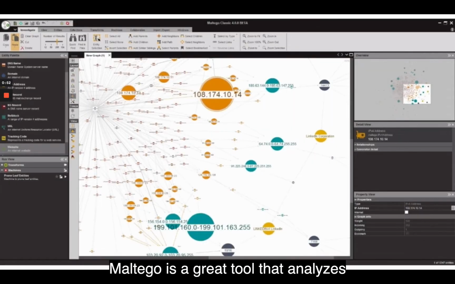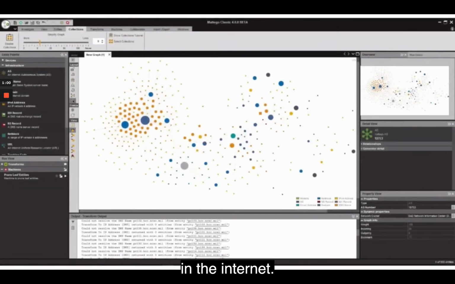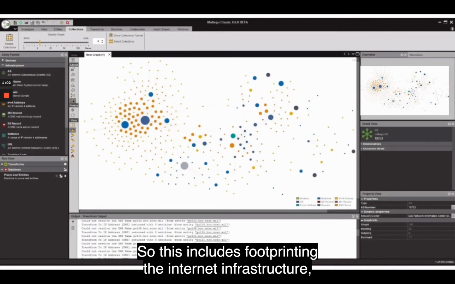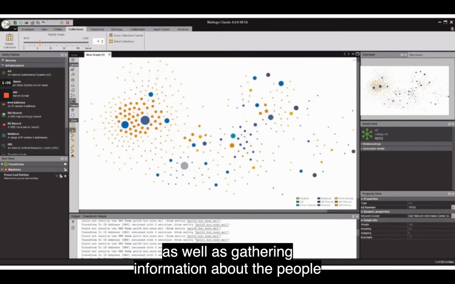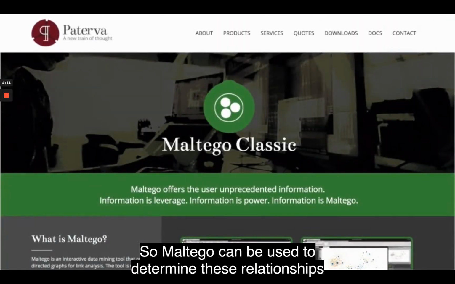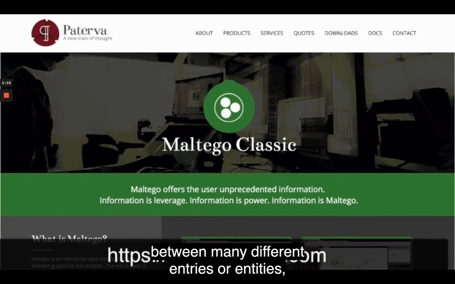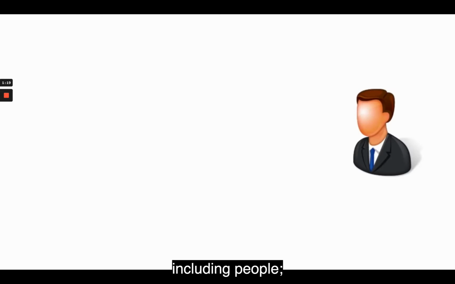Now that I mentioned it, Maltego is a great tool that analyzes real-world relationships between information that is actually publicly accessible on the internet. So this includes footprinting the internet infrastructure, as well as gathering information about the people and the organization who owns it, right? So Maltego can be used to determine these relationships between many different entities, including people,